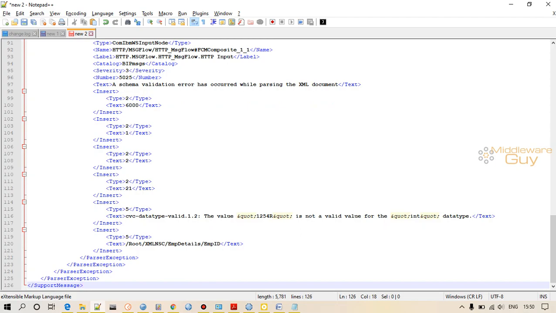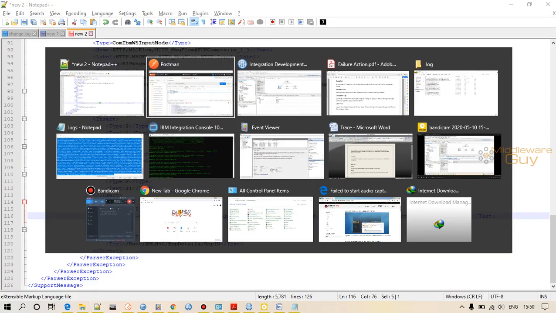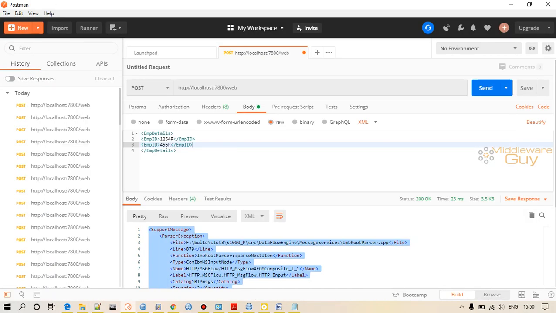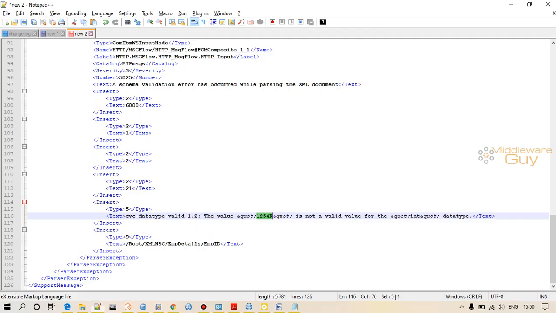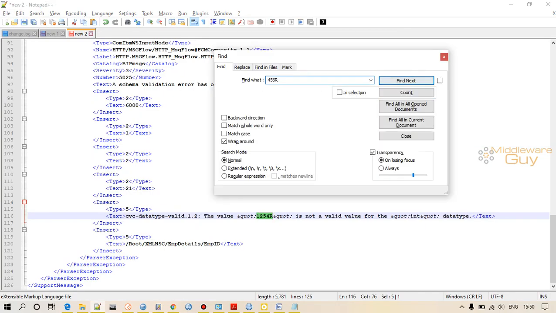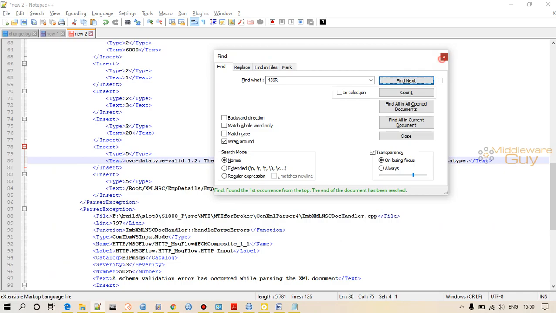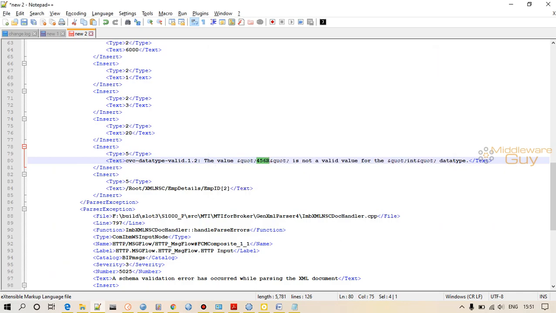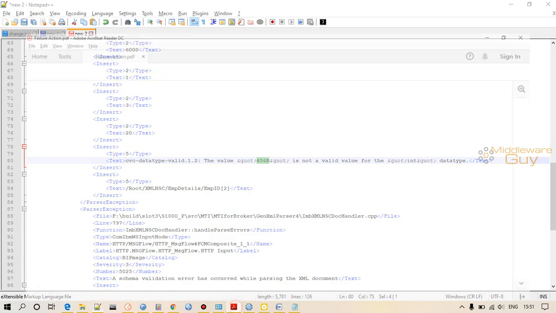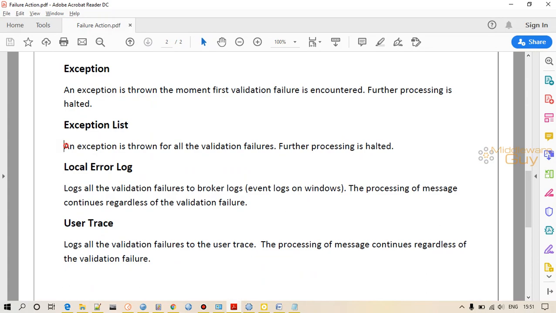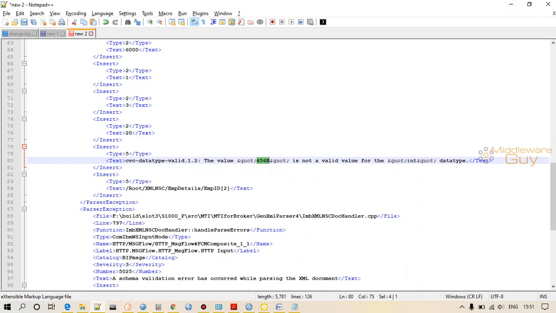It is giving me 1254R. Okay, 1254R is not correct. Let's see if the other one is also present. Yes. So it is giving me all the validation failures. An exception is thrown for all the validation failures, and after the exception is thrown, my processing will be stopped. Okay, so this is exception list.